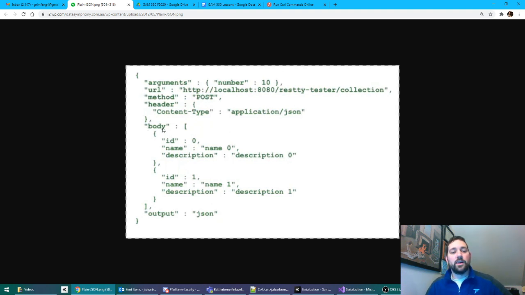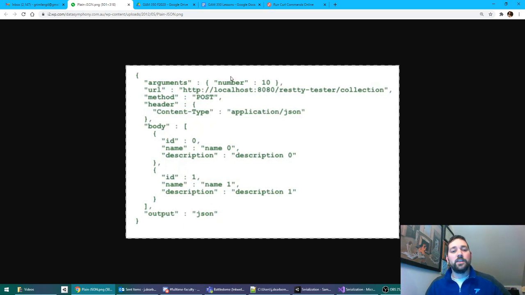So now in this body mapping here, body is mapped to something with square brackets, and the square bracket denotes a sequence. So this is more like an array, so just a bunch of things in a row. So we have two different objects in a row. This first object has an ID, has a name, has a description, and you can see the values on the right hand side. So this is what JSON looks like, and those are the basic rules of how it's put together. Fairly simple and pretty quick to explain.